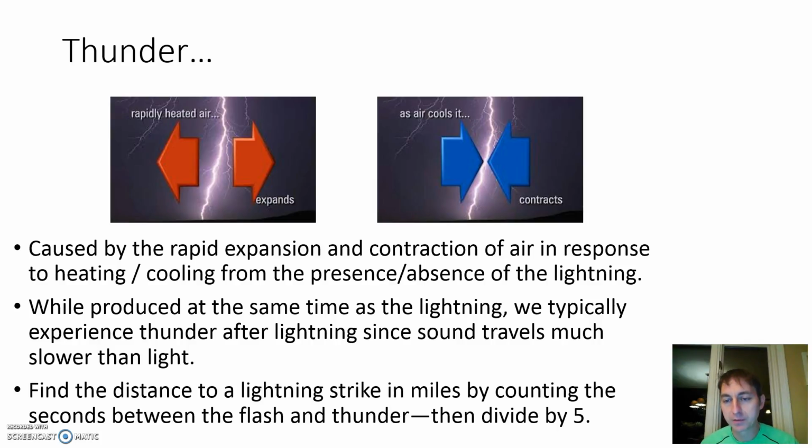So if we wanted to, we could use this to figure out how far a lightning strike was from where we are standing and where we're observing by simply counting the number of seconds that are passing between when you see the lightning strike and when you hear the thunder. If you take that value and divide by 5, you will get the answer to how far was the lightning